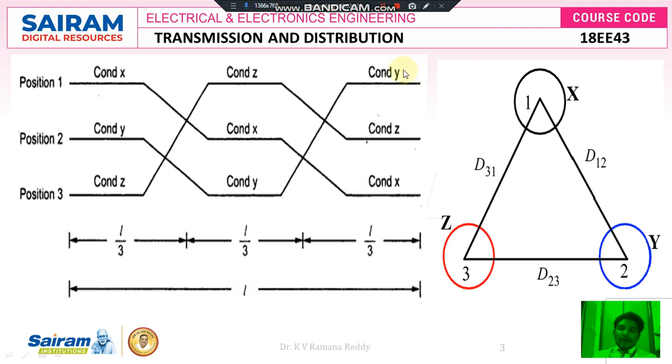If I want to change the position of one conductor from the existing supporting tower to another tower, that means I want to bring the top conductor to the middle position and the middle conductor to the bottom position, according to convenience. For example, in cities we have to change the direction of the conductor whenever the dead end of a street comes.